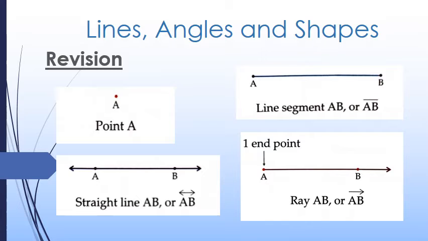The next one is a ray. Now children, a ray starts at a fixed point and goes on and on, right? So it has one end point and it has no fixed length, because from one side it can go on and on. And this is ray AB. And how is it named? It has one fixed endpoint, which is point A, and then we make another point on it, which is point B, and then it is named as ray AB, and it is shown with the symbol as shown in the picture.